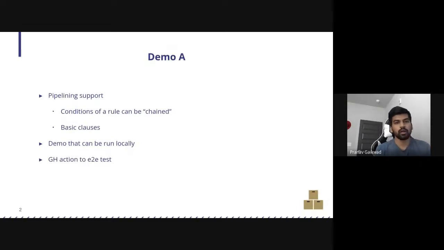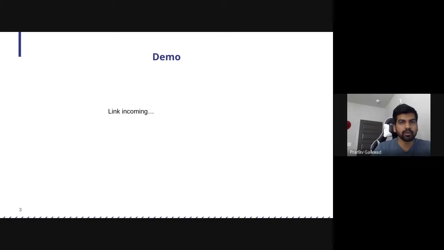And the third thing was to have some basic form of end-to-end testing for the entire project. So it basically lays the foundation for whatever we add in future. Really basic stuff. Maybe this demo will prepare us for the next thing that we are planning for demo B, which is getting in those windup rules in LSP analyzers. I think this is a good foundation for that. I'll move on to the demo.